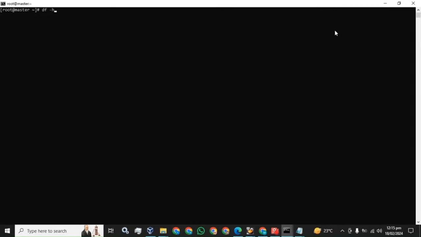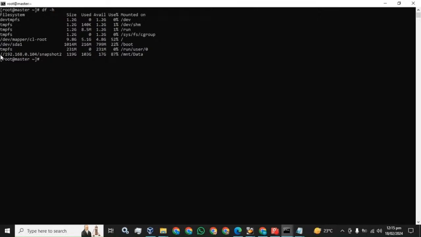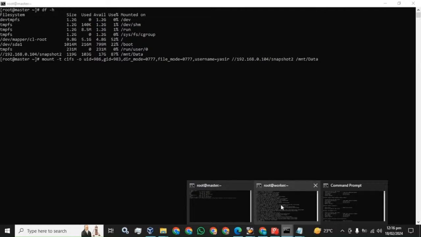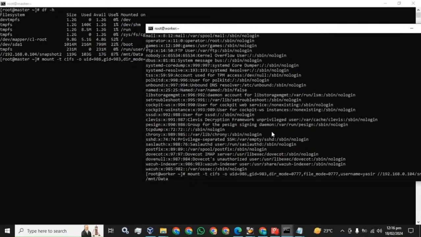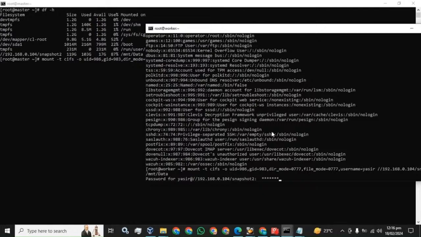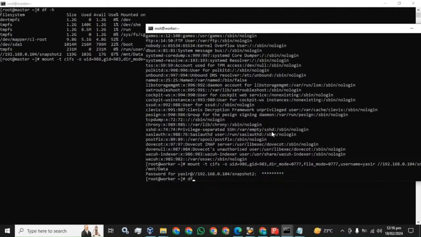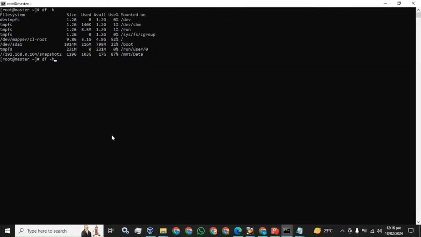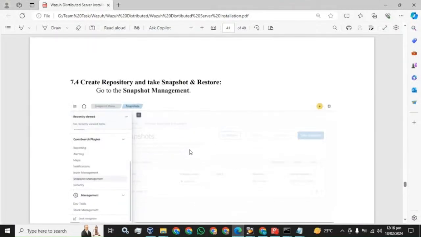Now df -h, here you can see this folder has been mounted. Now we have to do the same thing on the worker node. Enter the password for the user and it will mount the directory. See, the directory has been mounted here as well. Now what is the next step? Now create a repository and take a snapshot and